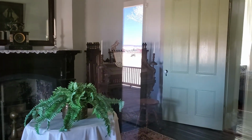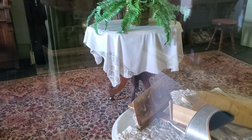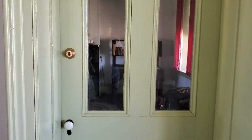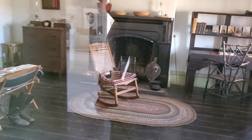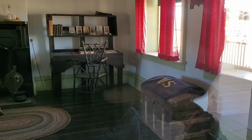Nice little display in here of what the officers' quarters looks like, including a stereoscope. This would be the foyer that I'm actually walking in. Very cool. Very fascinating. So now,